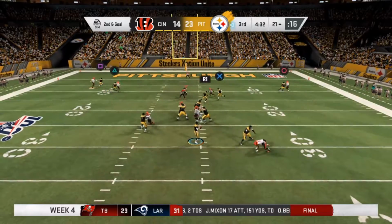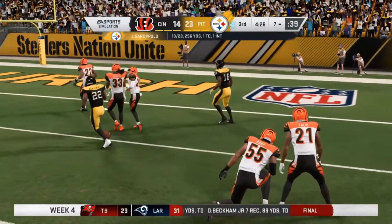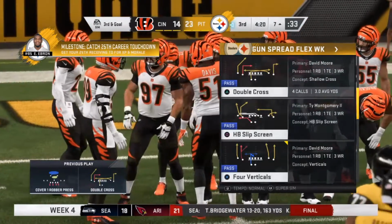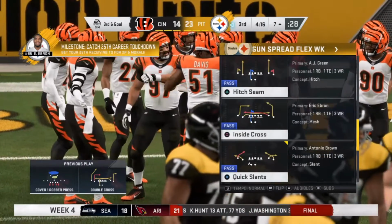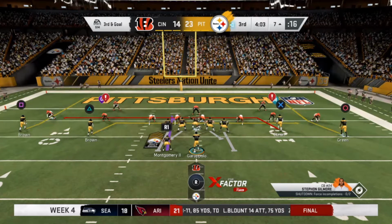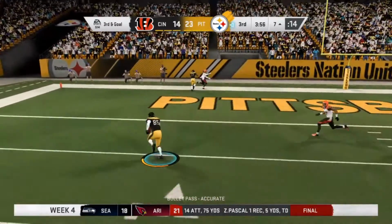Looking to throw, Garoppolo. And he finds Montgomery, complete. And here he'll get it down to the 7. Really nice gain on the completion. However, still 3rd and goal that they face now. He's having a big game through the air, and sometimes those smart decisions just dump it off. That's how you continue to have big games through the air. I agree totally. That's a great analogy, a great way to put it, because he doesn't get too greedy where everything has to be pushed downfield, trying to create big plays that aren't there. You dump it off and take...